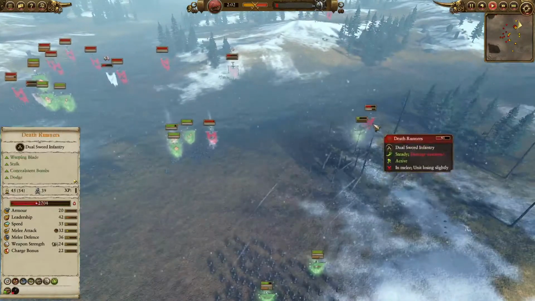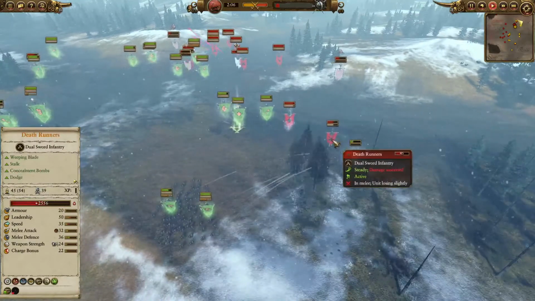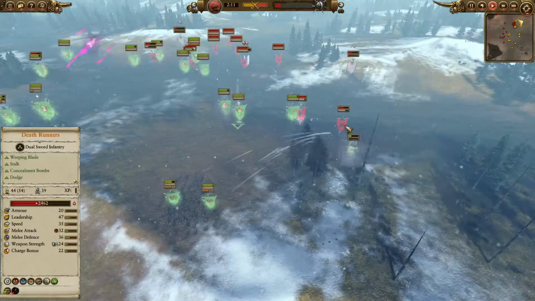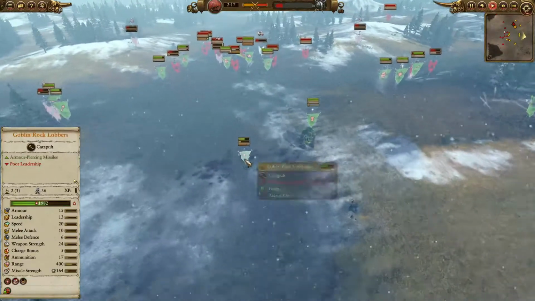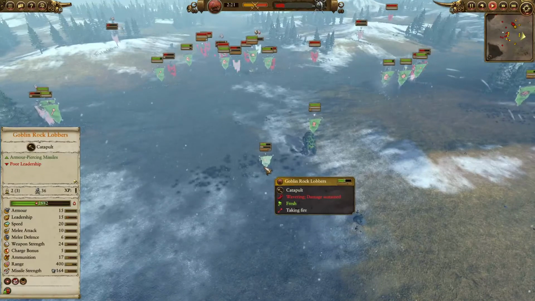And that's going to allow me to win a lot of engagements that I might even should be losing here. These Death Runners are going to run through my goblins, who are not going to hold for very long. But we're shooting at them. They have no real resistance to missile attacks as weak as these are. You see that like 1 or 2 volleys from the avalanche mortars is going to take my goblin rock lobbers